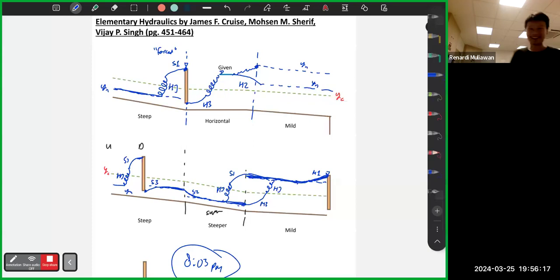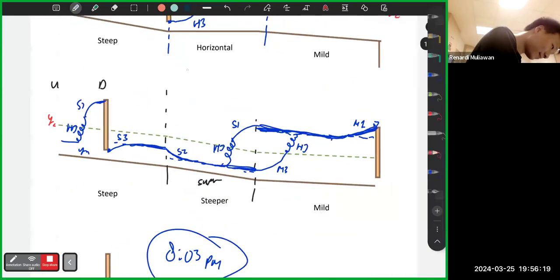Just in case. Let's write it down first. Okay. So